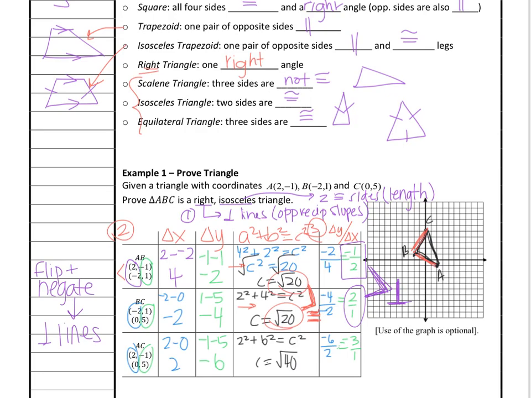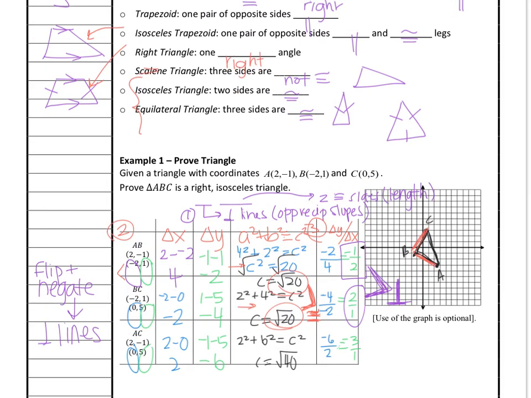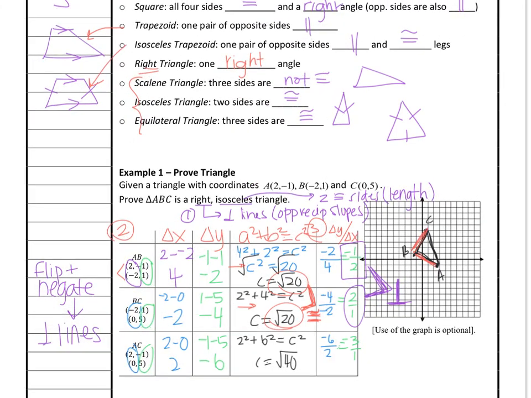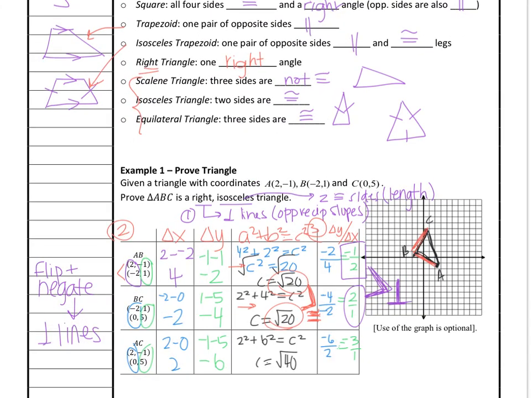So that was step 3, conclusions in the table. Oh no, this isn't going to let me scroll. Okay, so I'm just going to have to write really tiny, but you can use the space at the bottom of your paper. Step 4. Triangle ABC is an isosceles right triangle because, well, first we found two congruent sides,